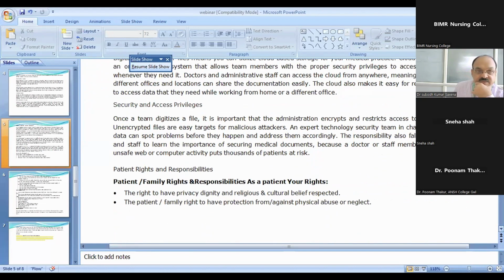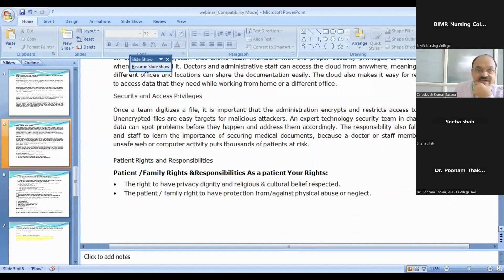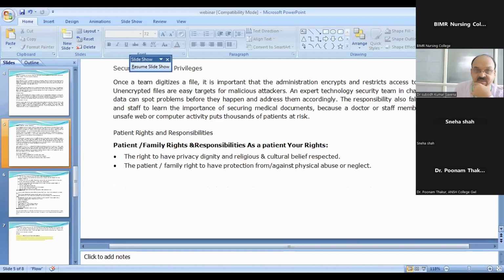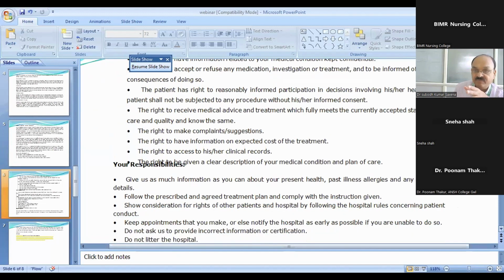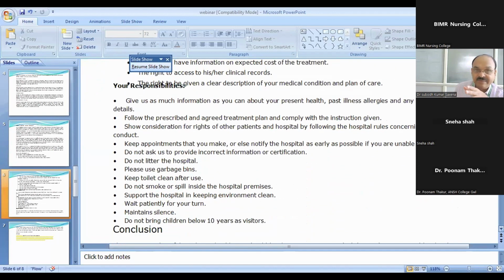Apart from these, there are various patient rights and responsibilities which were already elaborated by the previous speaker. The first is the right to have information related to the patient's medical record kept confidential, and the right to access the patient's clinical record. These are the various important rights of the patient. Apart from the rights of patients, there are various responsibilities as well. These responsibilities must be followed by patients and their attendants